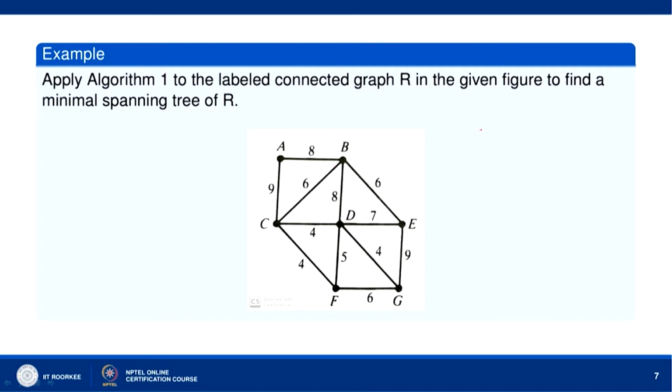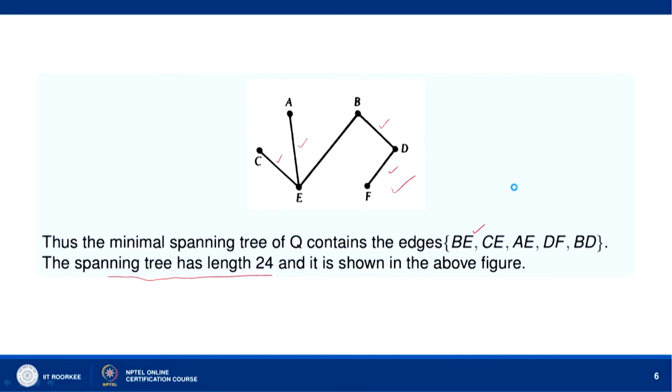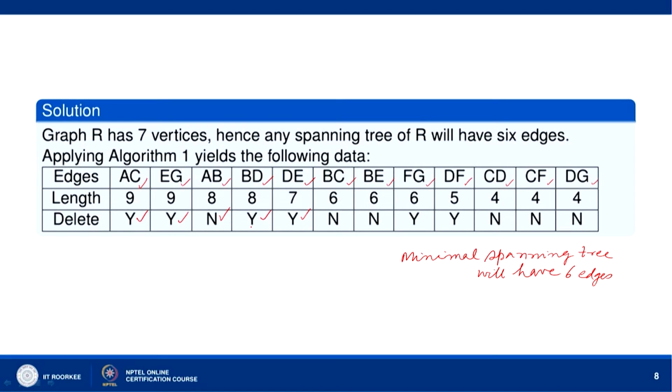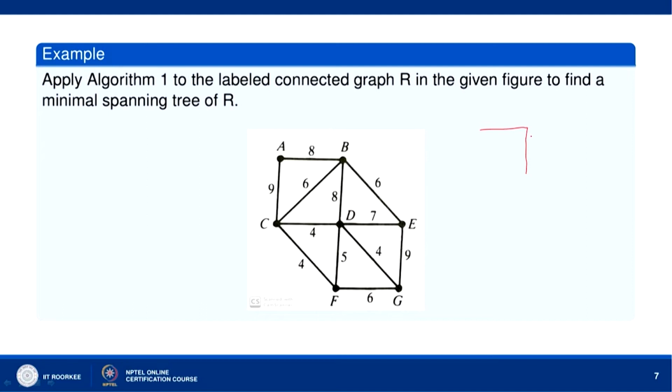Now, BC, if we delete BC, we have already deleted AC, right. So, we are having this situation. If we delete BC, BD we have deleted, right. So, this is A, B, but BD we have deleted already, so this will not be there. We have deleted AC, we have deleted BD. So, now the question is whether we can delete BC.